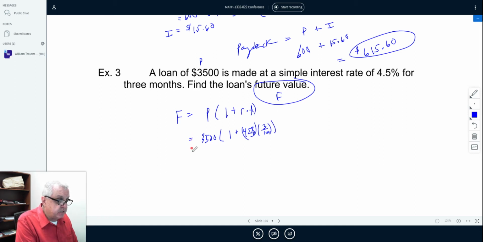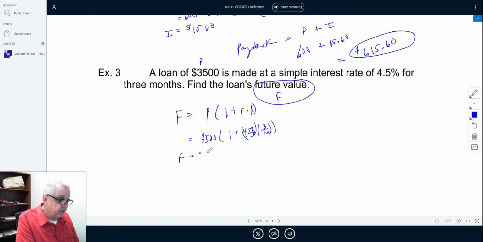All right, and that'll give us our future value of this loan. In other words, how much do you have to pay back? You're going to have to pay back the principal plus the interest. 3,500 parentheses 1 plus 4.5% times fraction 3/12, and I hit enter,